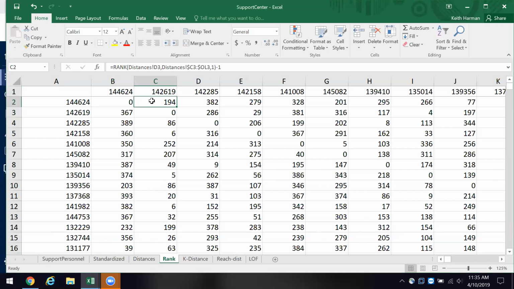Okay? And you'll notice, we'll go back over here, and here we are. And this time, we're going to use the rank function on the distances. That's the tab, E3. And then the array is C3 to OL3. And we want an ascending order. And then we use the -1 to get a rank of 0 if we do a self-check.